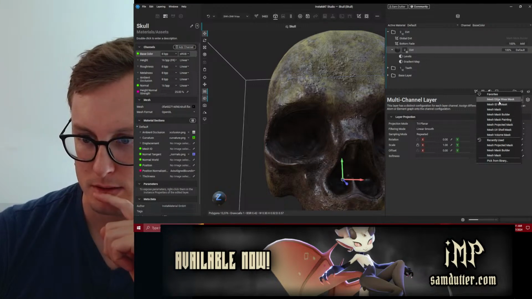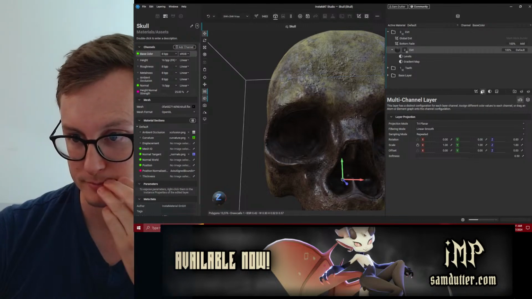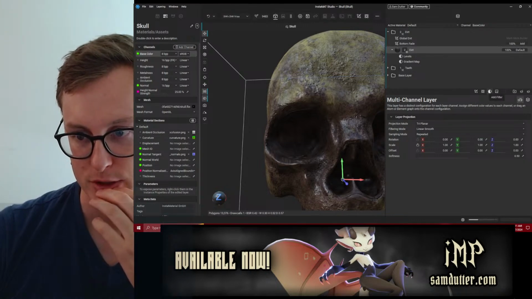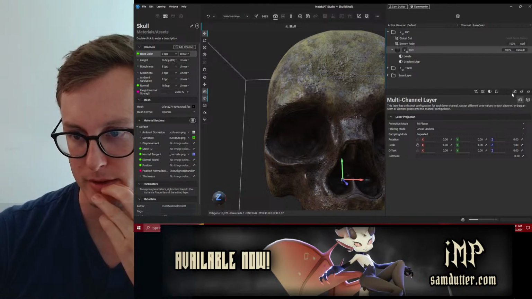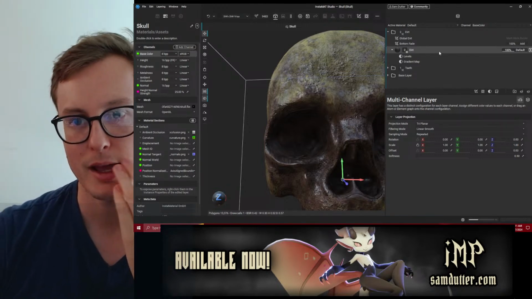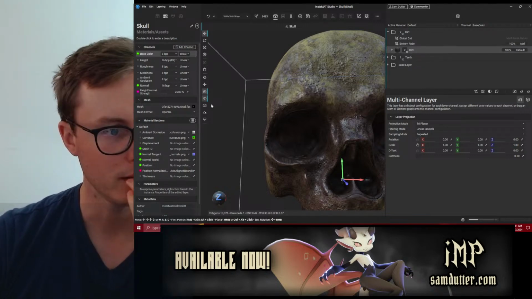Mesh ID to mask. Add generator, add filter. Okay. So I don't think they have a mask like this.